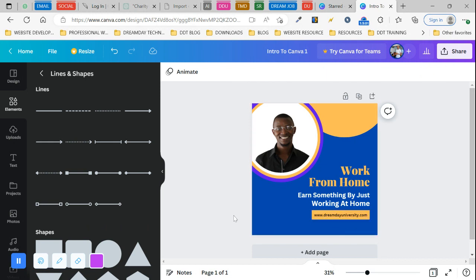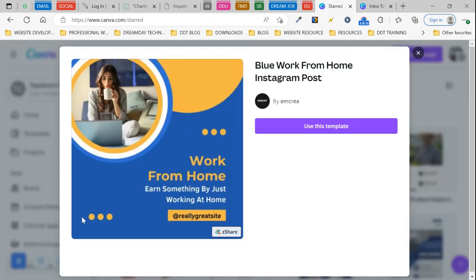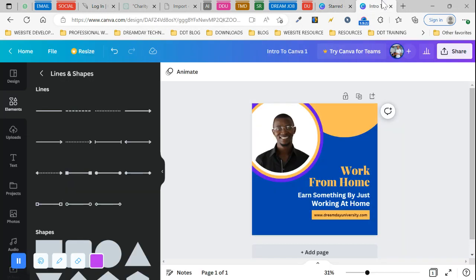So guys, this is how you can learn from a different template and come up with your own template or redo your own template from scratch. So let's take a look at, I think, one more thing. Let's take a look at our design. This is the design we learned from, and this is our own design. So guys,